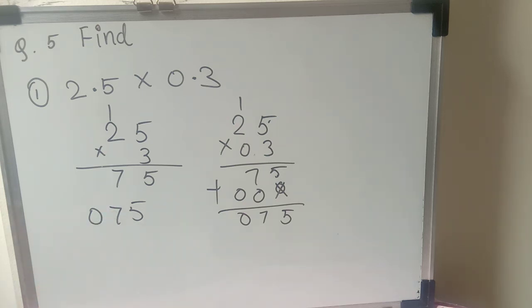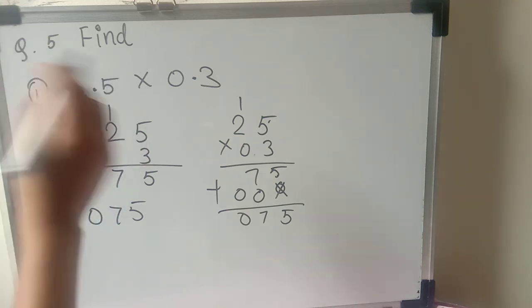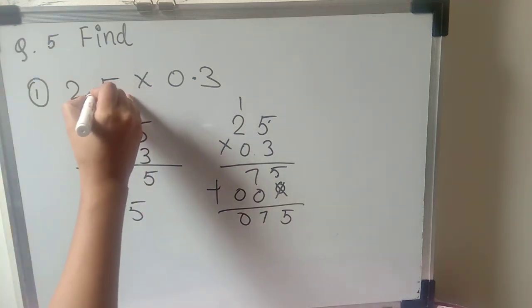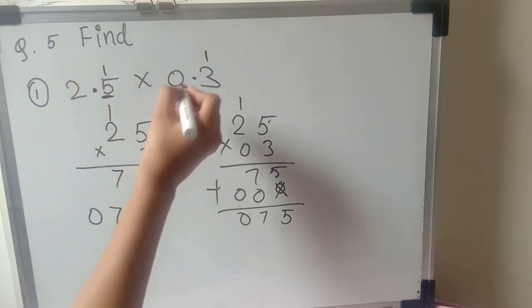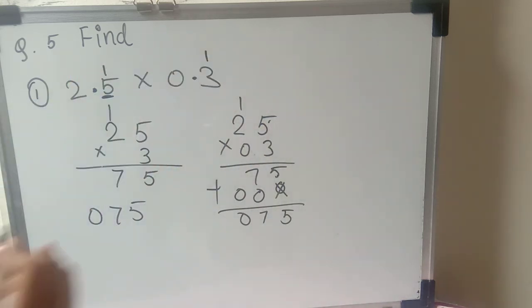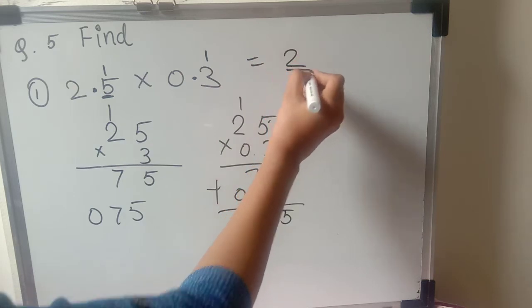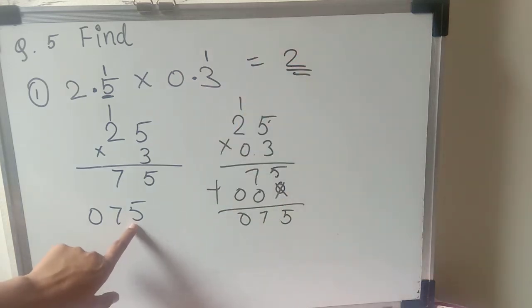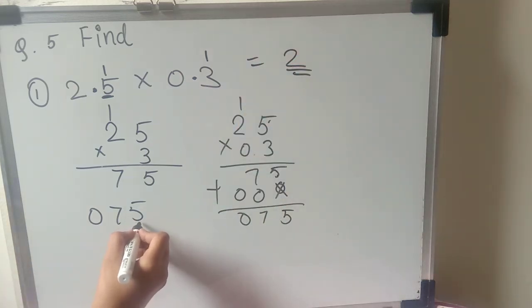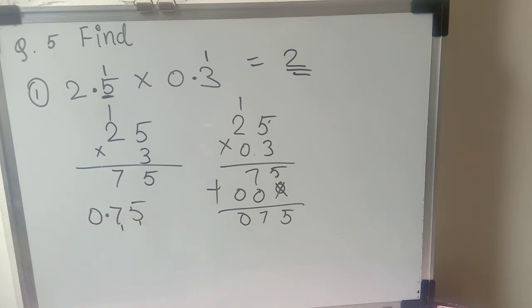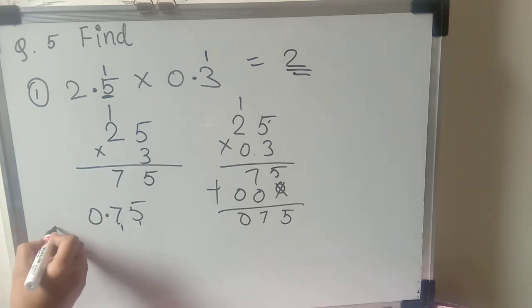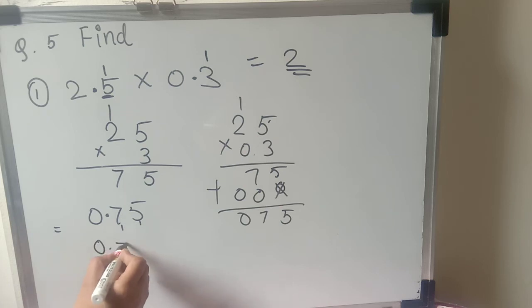Decimal point कहाँ पे देना है अभी? तो हमने पहले पढ़ा था next point में, when you are multiplying two decimal numbers, you have to see in both the decimal numbers, after the decimal point how many places are there. Here is 1 and here is 1. Okay, so 1 plus 1, 2 places are there. Total 2 places. So what you have to do in the answer, you have to count from the right side 1 and 2 places, and then you have to put the decimal. So here we got the answer, that is 0.75.